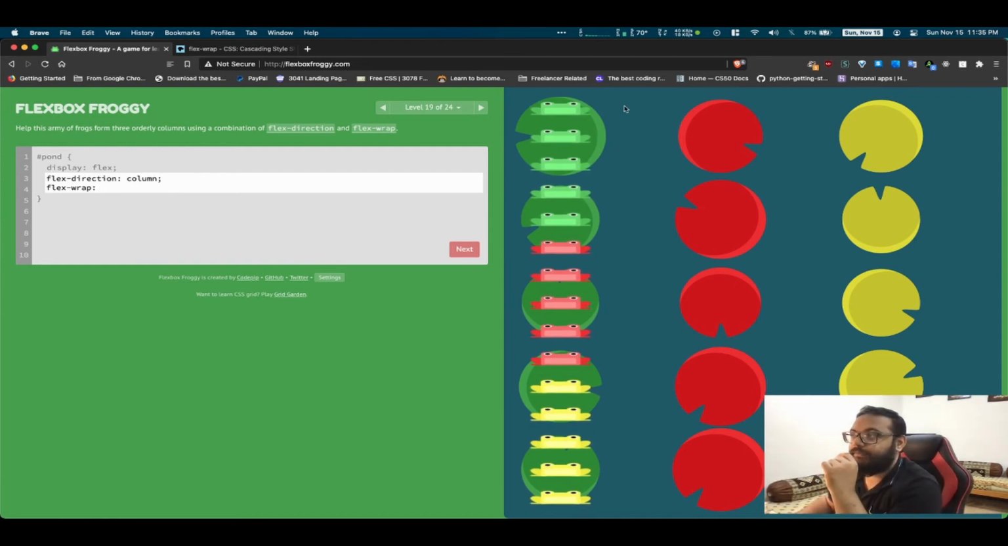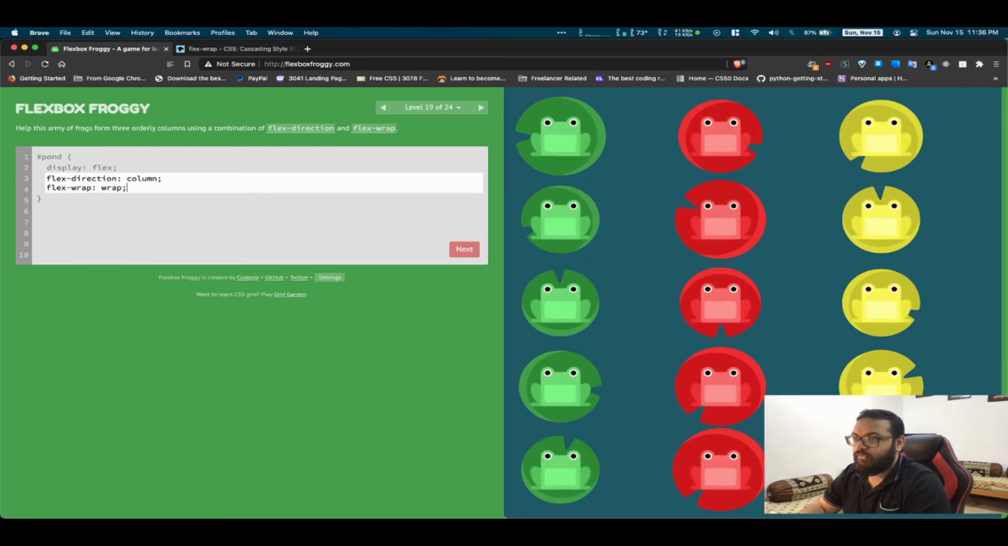See, 1 2 3 4 5 6 lily pads. One is 5 lily pads of green color, 5 red, 5 yellow, 5 yellow. Now as soon as we write wrap, see what happens. It automatically wraps the items into multiple